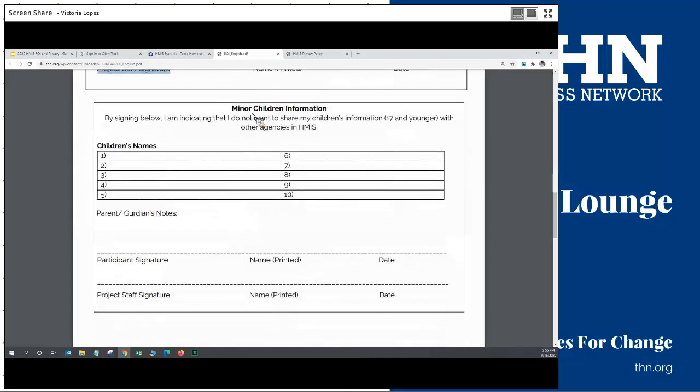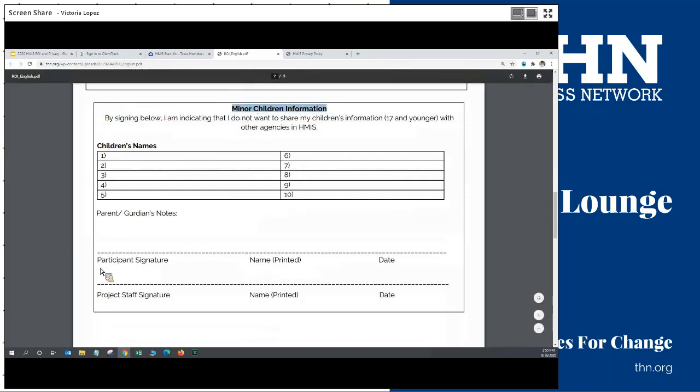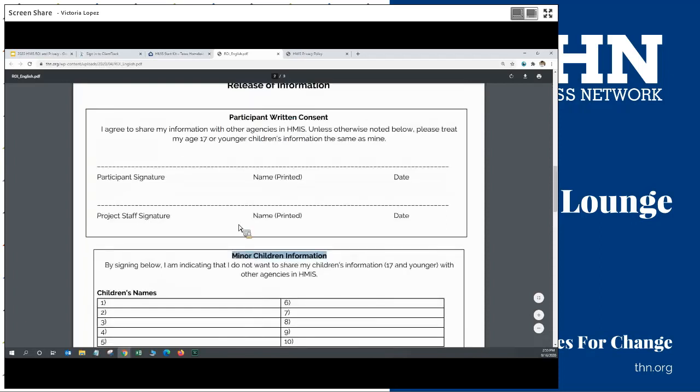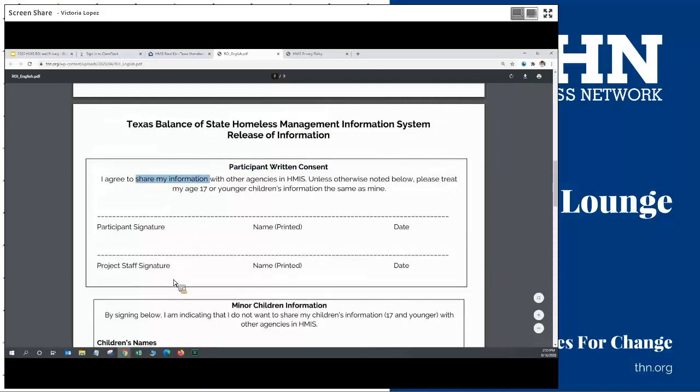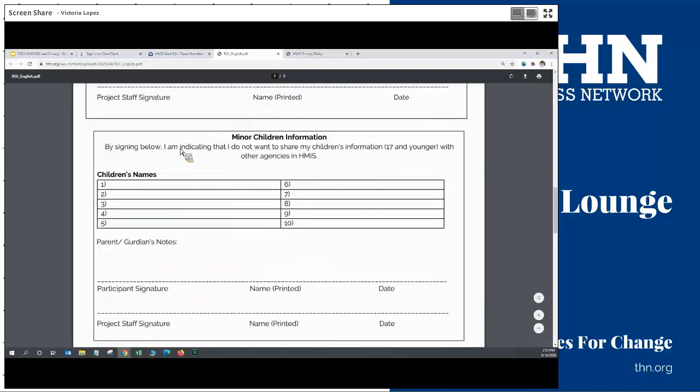Now, this second box for minor children information, we sometimes get questions on this box. It is slightly different than the first box. This first box is getting participant written consent that they want to share their information. This box, however, indicates that the client does not want to share their children's information, and children being age 17 and younger.